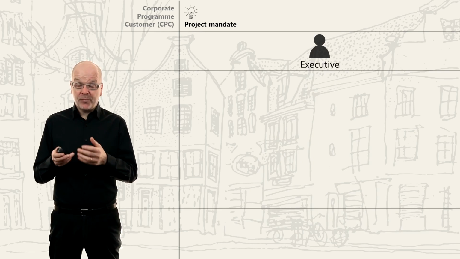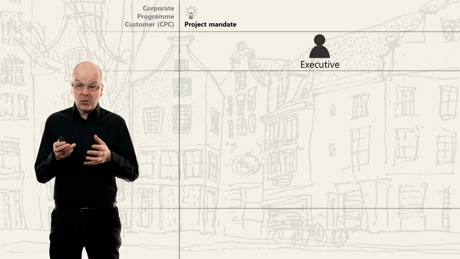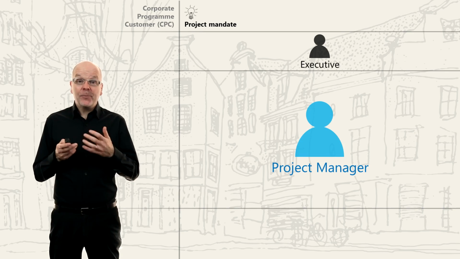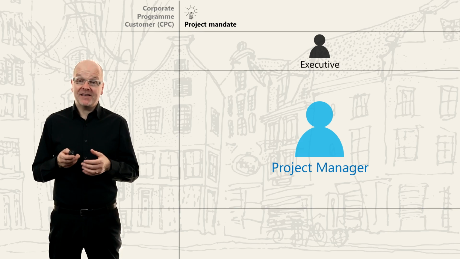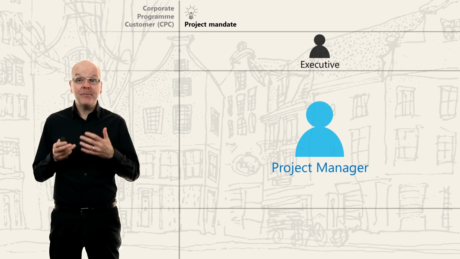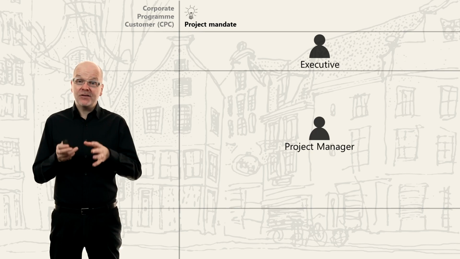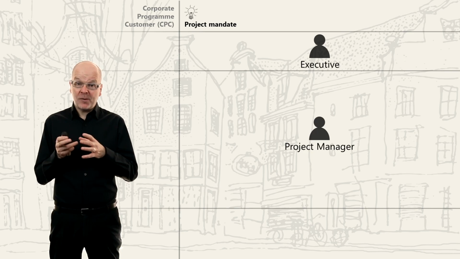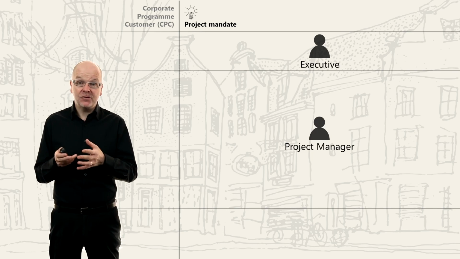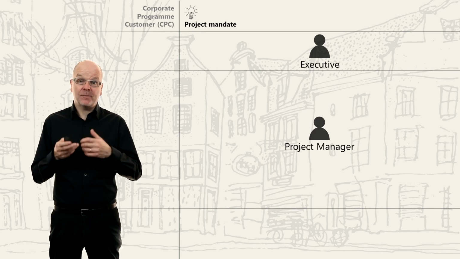So now the executive is appointed, what will they do next? Well, they appoint another role, and this role will be the project manager. The project manager will run the project and should have a good working relationship with the executive. They should also know how to facilitate, be assertive, and be risk-aware and able to communicate. It's also good if they have a good sense of humor, as they will need it. The executive then needs 2 more roles. So someone to represent the customer who is asking for the solution, and someone to represent the supplier who will